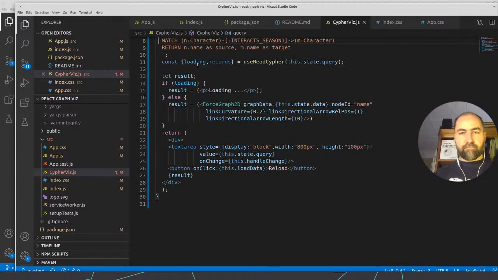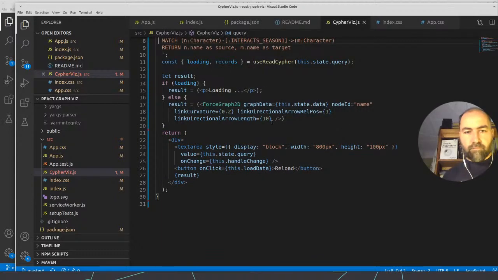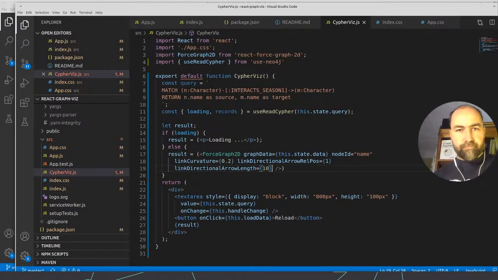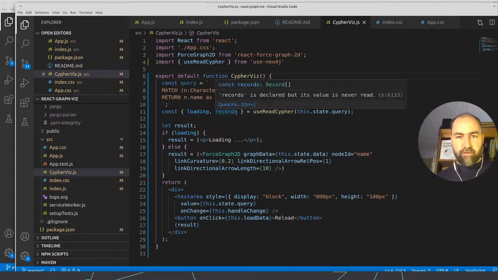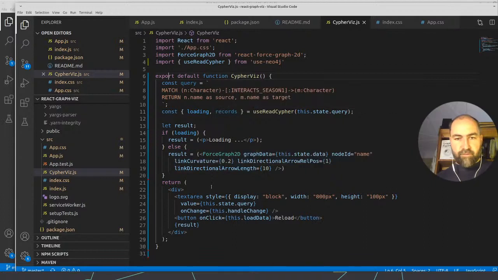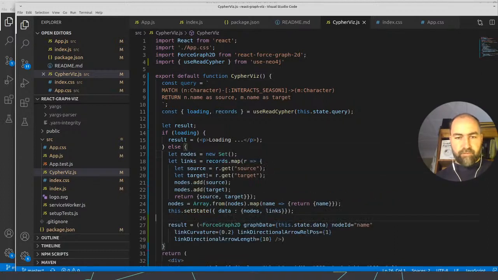This is our function. Export default function service. This is our query. This is our records, and then this bit, this is our data.